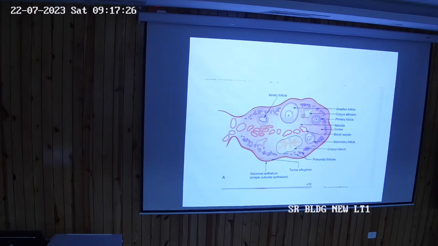So surrounding the granulosa cells, outside that is the part of follicular cells. So all these parts are seen present, and this primary oocyte,